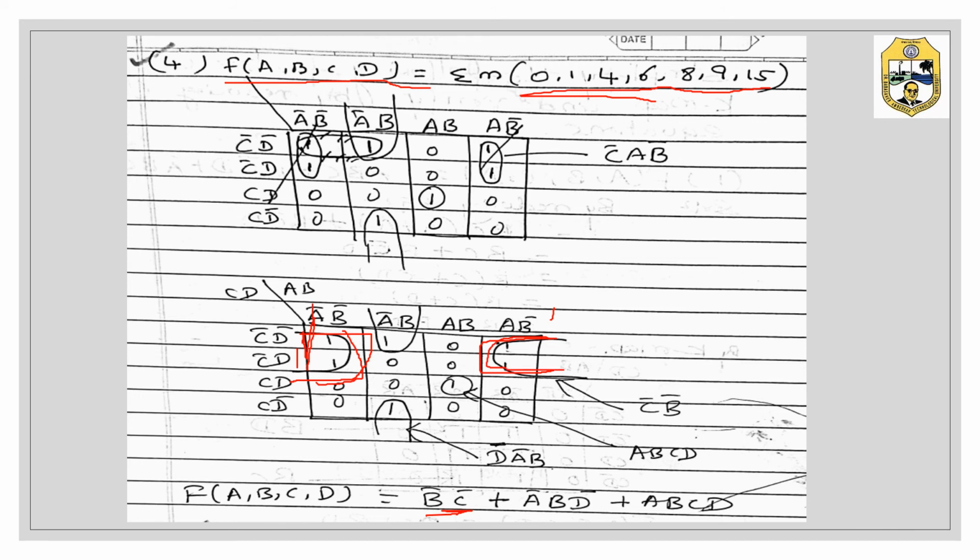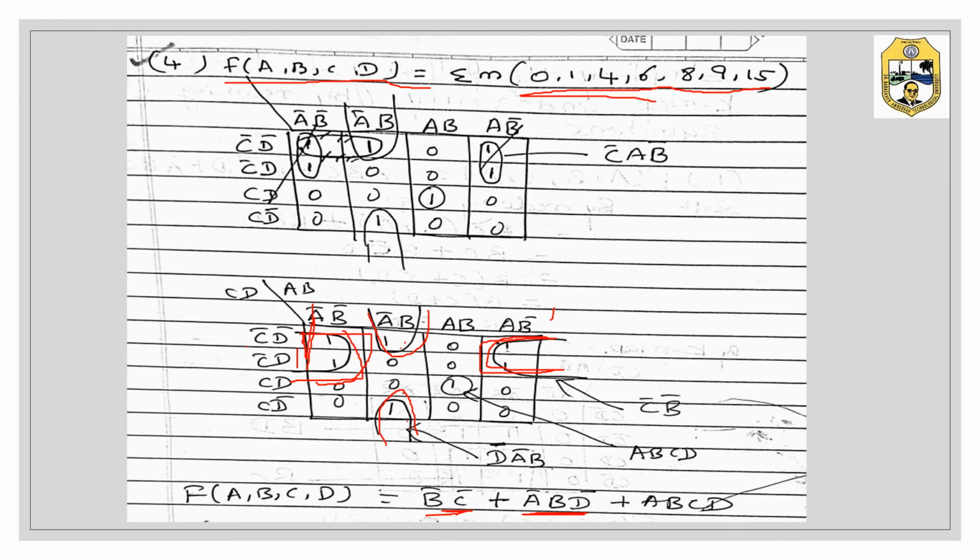Okay. Then when you make a group over here like this group and this one, you see what is over here, a bar b bar, a bar b, right? And here, when you go over here, c bar d bar is there and c d bar. So a bar b is considered and d bar is common in these two. So a bar b and d bar is the expression for that, right?